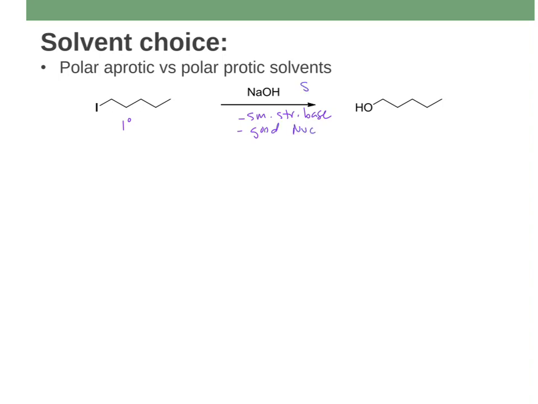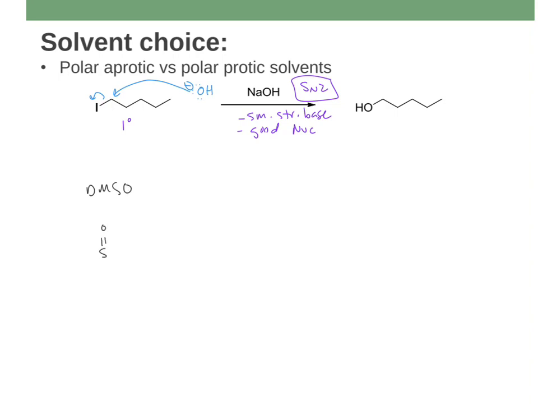So I know I'm doing an SN2 type reaction, right? I know that my hydroxide is going to come in here, do a backside attack, and kick out the iodine in one concerted step. But I noticed that I didn't put a solvent there. So I get to pick what solvent I want to use here. And what solvent I pick is going to have a large effect on how this nucleophile can add, right? So I'll do DMSO,